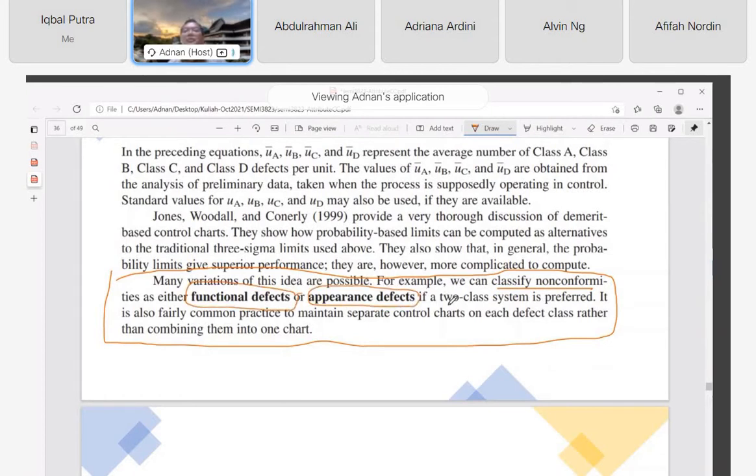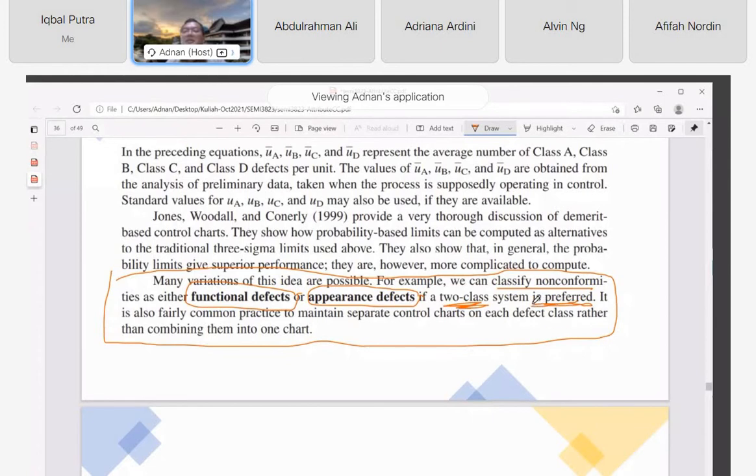Ada yang pakai macam tu, di mana dua kelas sahaja. Seperti yang saya kata tadi, ada yang pakai 3 kelas, ada yang pakai 4 kelas. So ada juga yang pakai 2 kelas saja, di mana dia panggil critical ataupun not critical based on appearance saja. This is easy to implement lah, especially